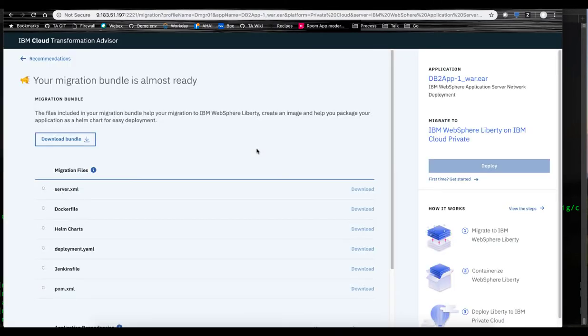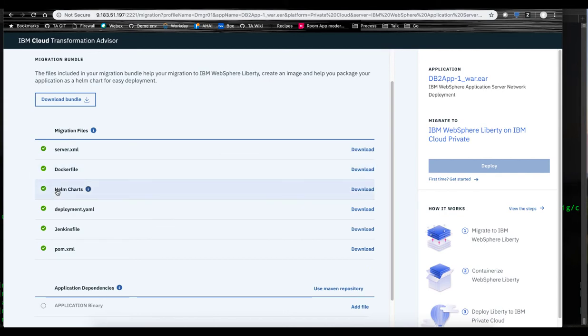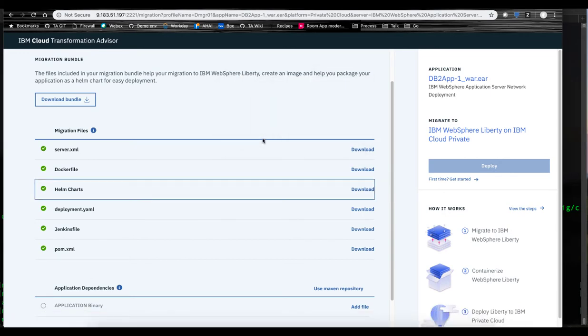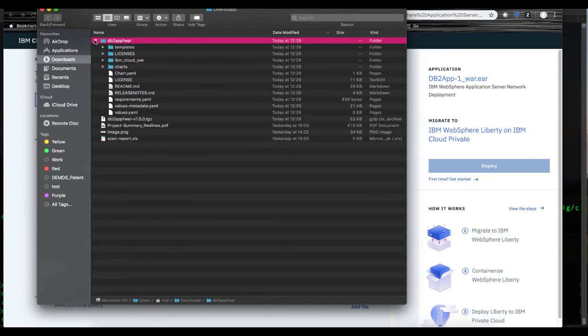We've also done some work in this release on the migration bundle using the Liberty Helm charts for applications that you're migrating. They're now configured automatically to use ingress in ICP. So if we just have a quick look at the Helm chart that's generated here, you can see in the values.yaml file